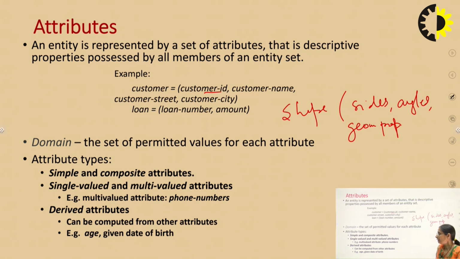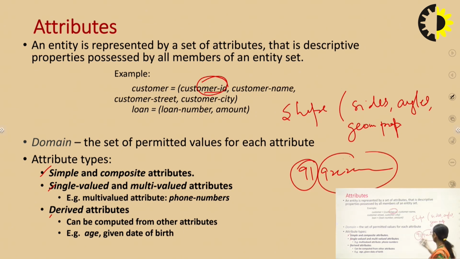Attribute types: we have these types of attributes, simple and composite attribute. Simple attribute, for example, your customer ID. It is a simple attribute. Clear? Then we have the composite attribute, that is, a combination of certain attributes to consider as a single attribute. For example, your mobile number. It might start with 9xxxx and so on. If I say this is my country code and this is my mobile number, but if we are talking about this as a whole, then it becomes a composite attribute.